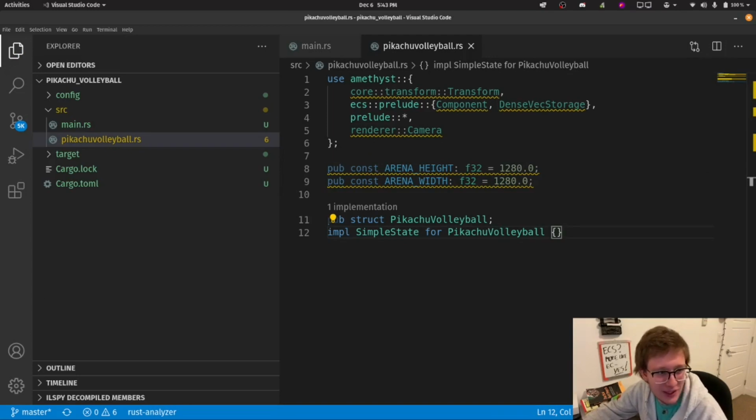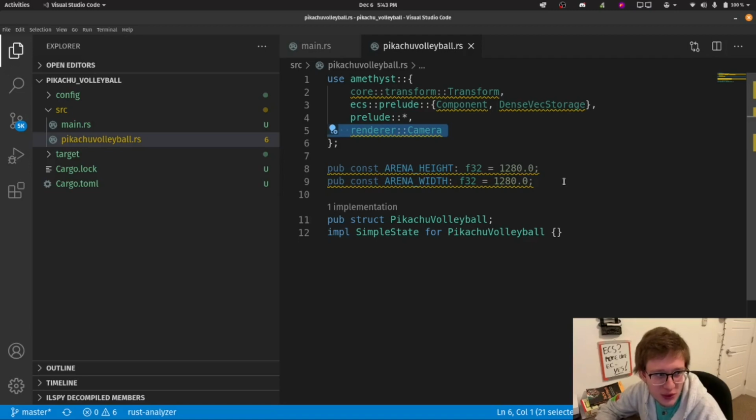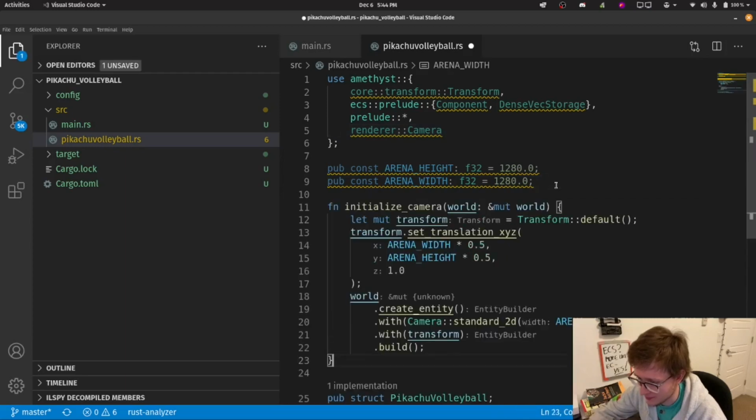Now looking at our import statements, you see that we are getting a Camera. In video games, we use the concept of a camera to determine what will display on screen and how. So on top of our pub struct PikachuVolleyball, let's initialize our camera. And we'll do that with this function.